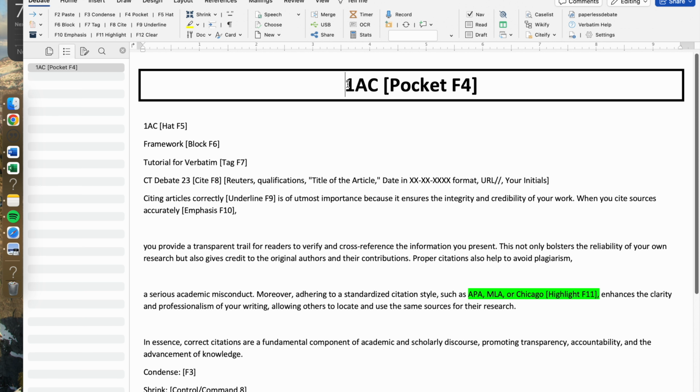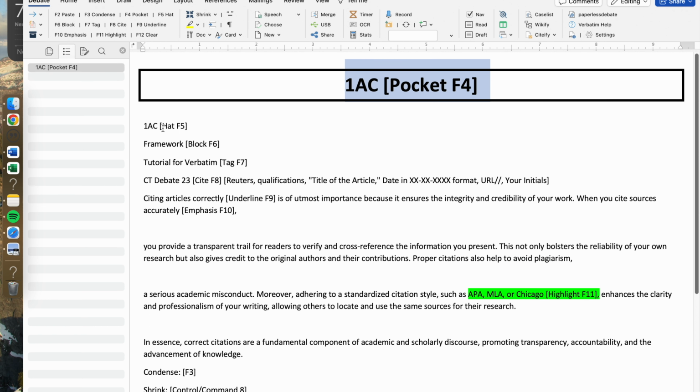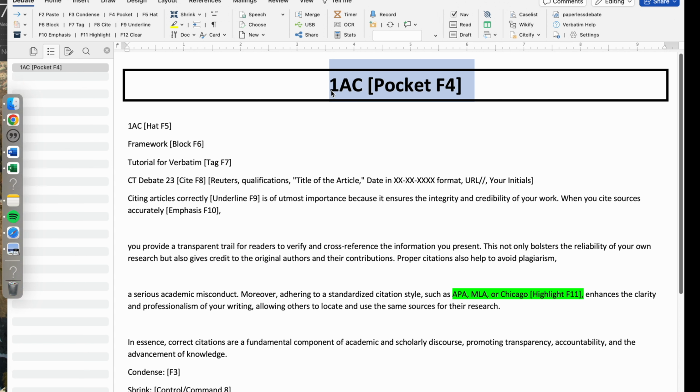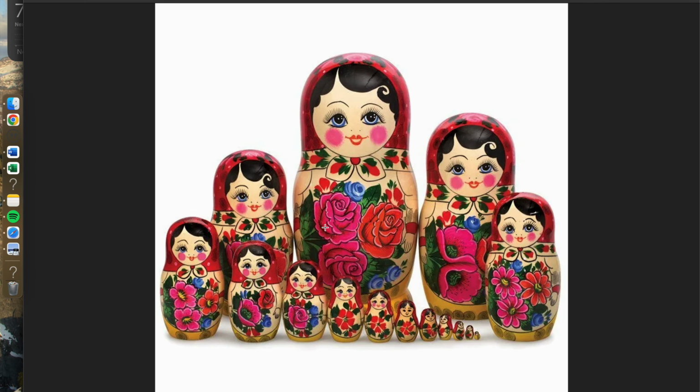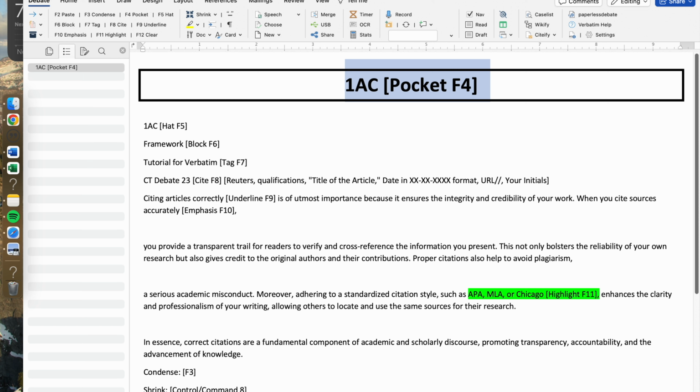on your computer screen. So you may be wondering what this is different from this. Well, if you're looking at the sidebar over here, also known as the navigation pane, you would see that this pops up when you hit the F4 pocket button. And that enables you to not only organize your files, but sort of like the Russian doll, we will treat the pocket as the biggest Russian doll, because it's where everything in every single other Russian doll fits inside